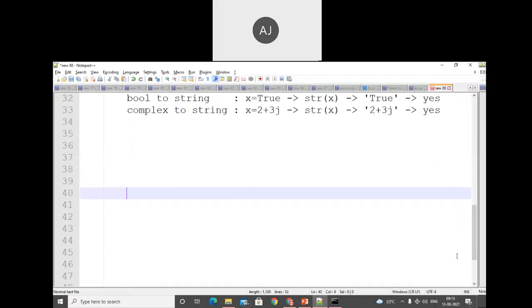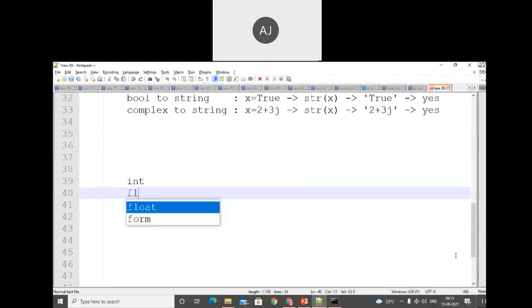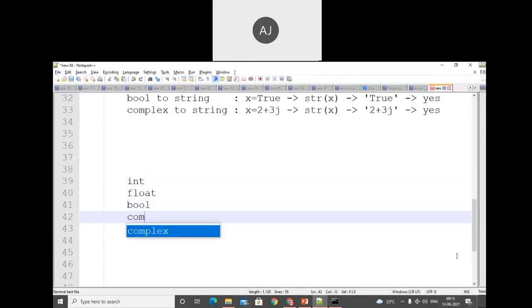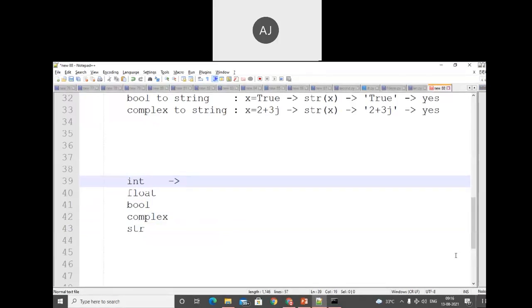We have 5 fundamental data types. The first one is int. Second one is float. Later on bool is there. Complex is there. After that, string. So for int, the conversion means other data type to int.